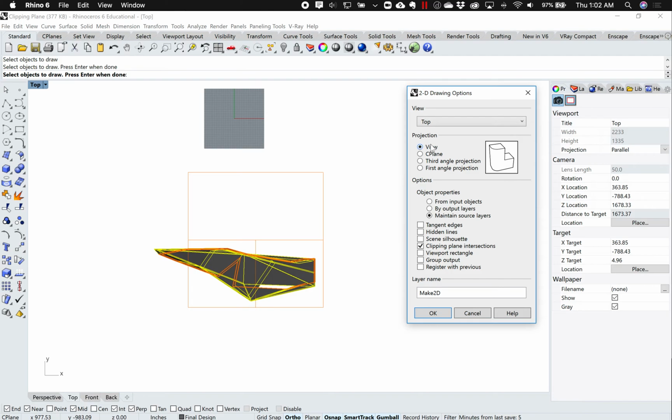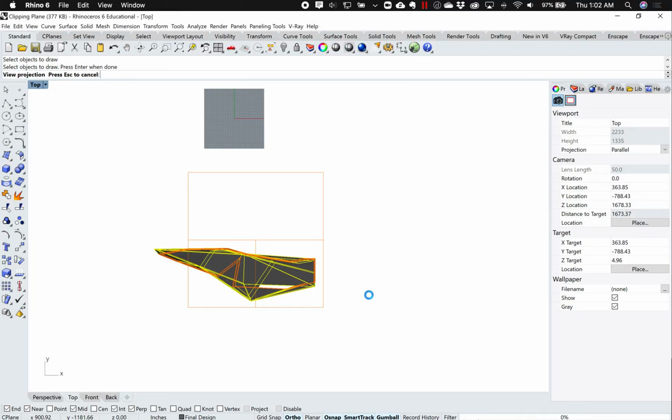I just want a top view of this. I'm going to do maintain source layers. And the one thing that I want to make sure that I select is the clipping plane intersections. You can select other options if you want to try other options, but for sure you want to make sure you have the clipping plane intersections turned on, so when you hit OK, what should happen in your layers,